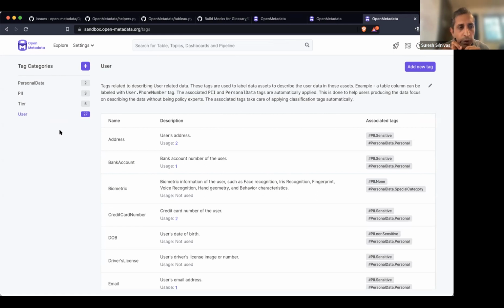So one, you should be able to import your existing glossaries. Two, if you have other systems where you have a different glossary of terms, you should be able to import it and then map it back to the OpenMetadata standard vocabulary. And then eventually, if you want to get rid of those, you should be able to get rid of them and just start using the standard vocabulary, the tag and glossary that you have in other systems as well. So that's the third phase. Those are things that we will